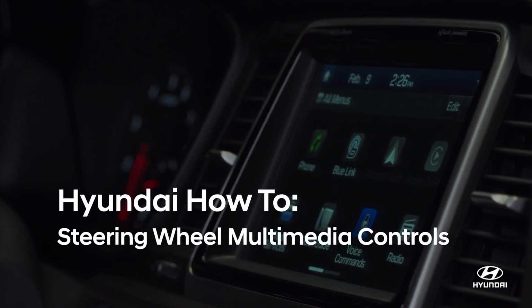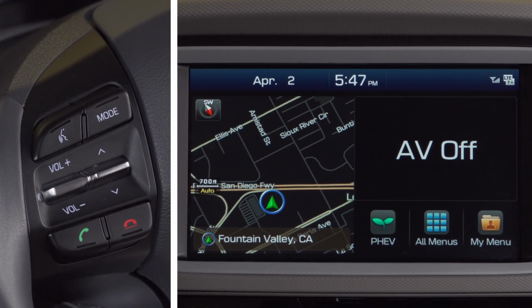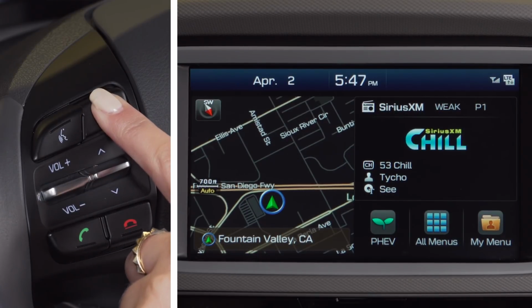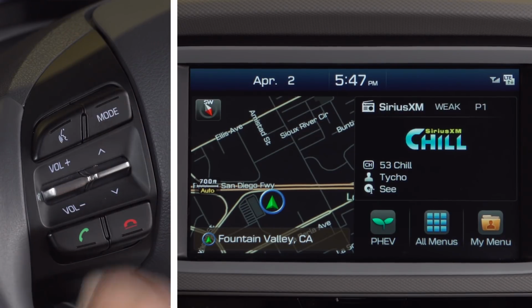The steering wheel incorporates audio control buttons on the left-hand side of the steering wheel. Press the Mode button to change the audio source. If it is a long press, held for more than 0.8 seconds, it will function as the radio off button. To turn the radio back on, simply press the Mode button again.